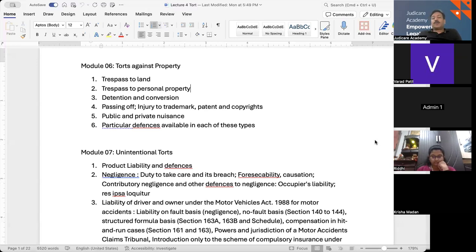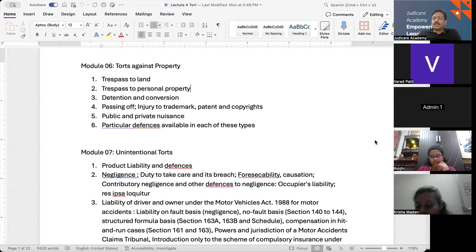You have put yourself forward to the nuisance, and then there is the reasonableness of the use. Tomorrow somebody buys a house next to the bus stand, and the person comes back and files a case against that bus stop saying, "Boss, I'm getting disturbed." You cannot claim that, because you have made a house near a bus stop. You will hear the sound, you will hear the loudspeaker, you will hear the announcements.